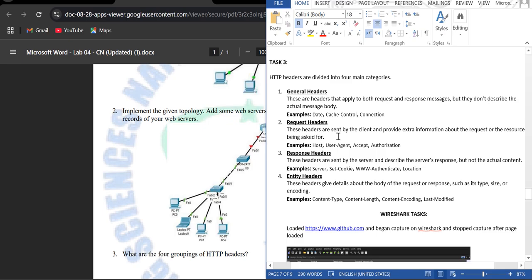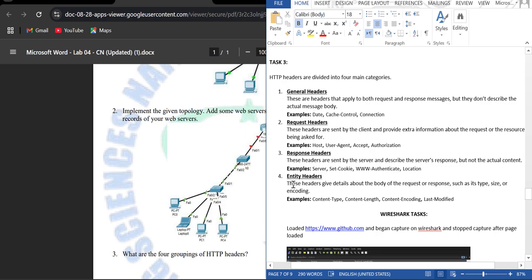Request headers are the headers that the client sends to tell the server what it requires. Examples are User-Agent, Accept, and Authorization. As far as response headers are concerned, these are the labels that the server sends back to the client about the response, not the content but related to the response.